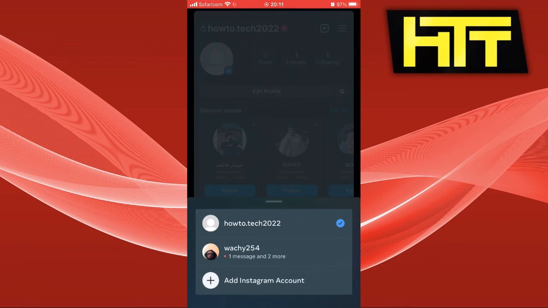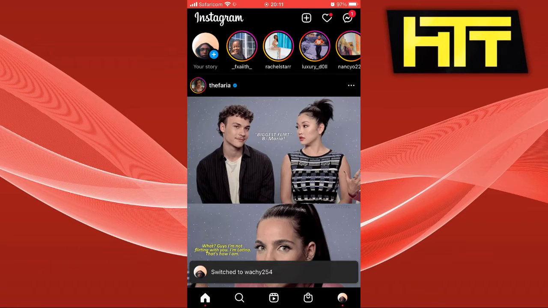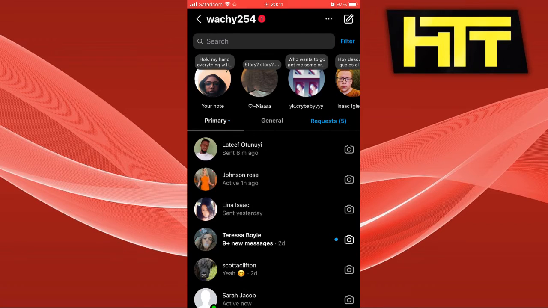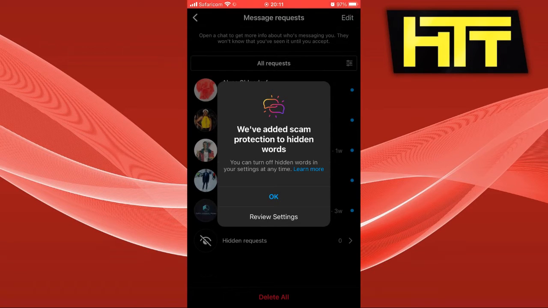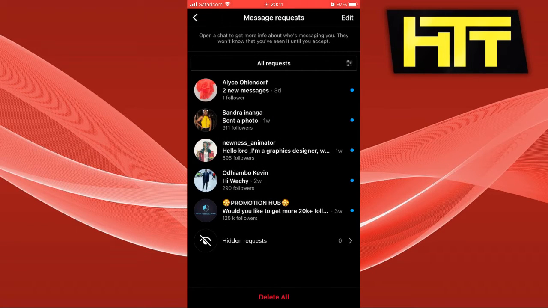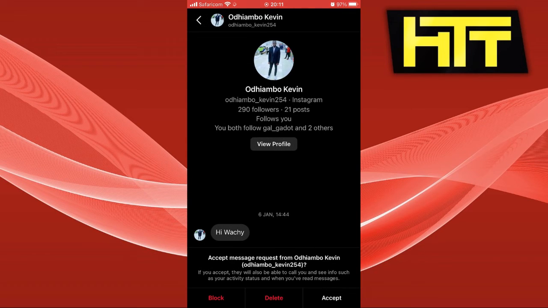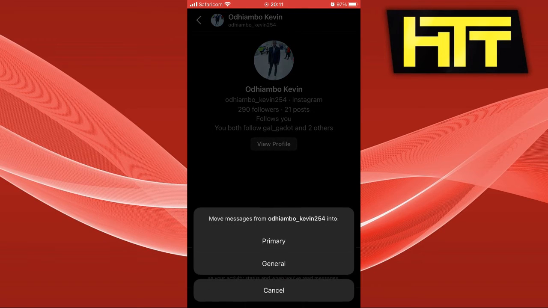I can go ahead and switch an account so I can show you an example. So you click on requests. You can see I have some requests here, so you can either accept or decline depending on the nature of the message. So I'm going to click on a text here, and you can see I can either accept, and